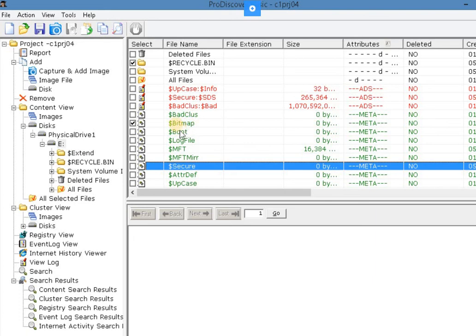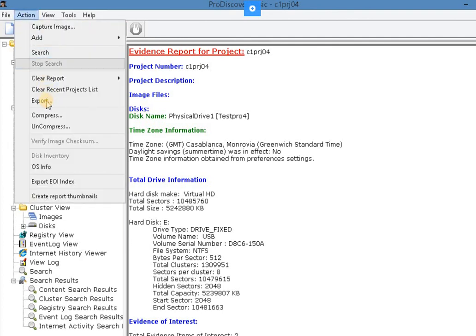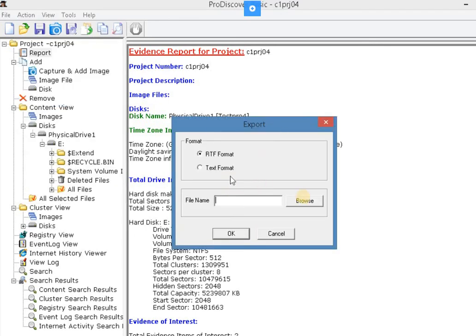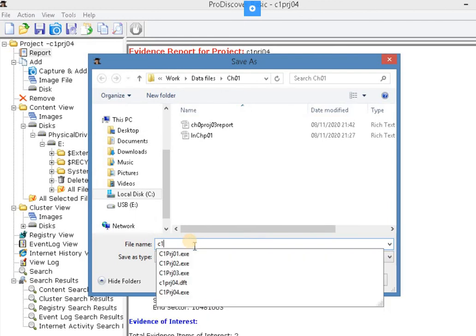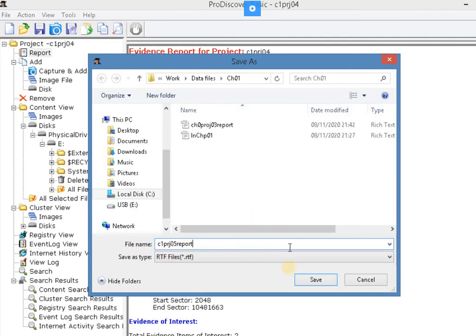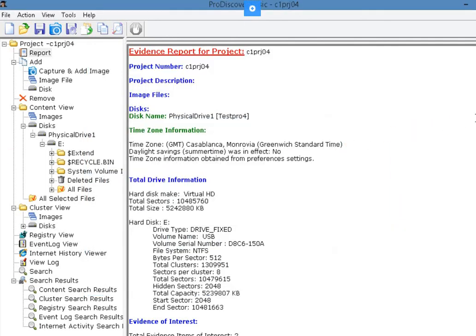So you can just click report. So once it's finished, you just click report. If you are satisfied, you can just export the report by clicking the export button. Okay, so on the same location, here I'm just going to enter project file. Okay, so that's it for